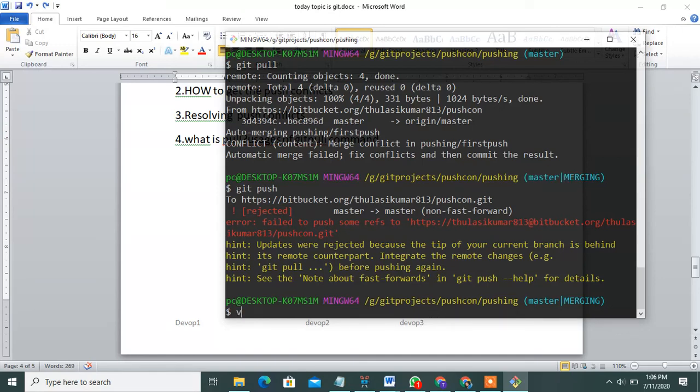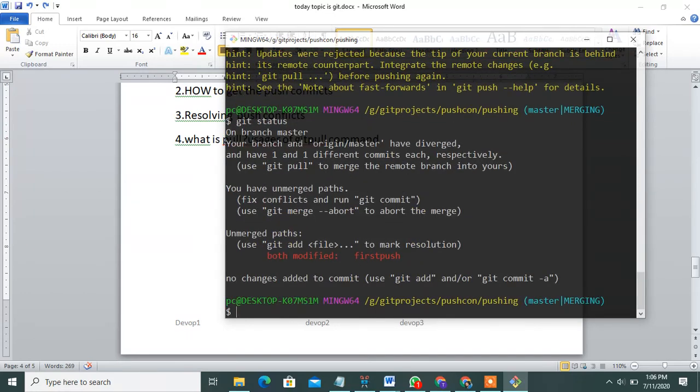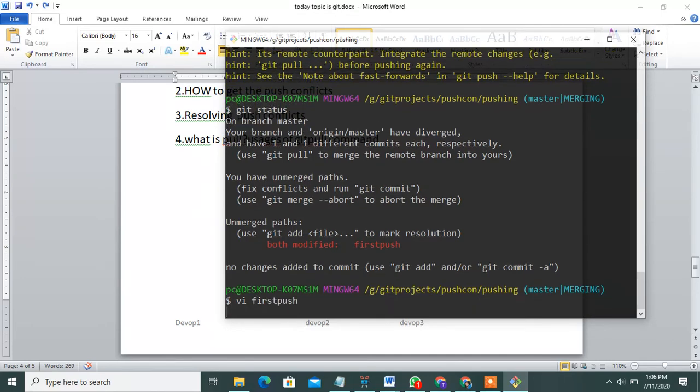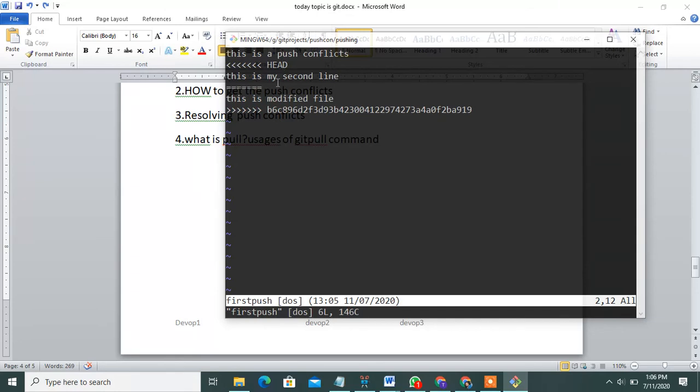You can open that file. First of all check it, git status. Yes, this is modified both. Open it. See, these are unwanted characters. Okay, insert mode.